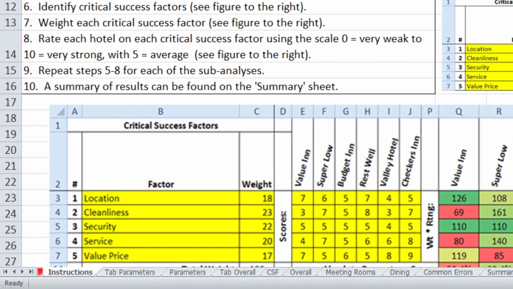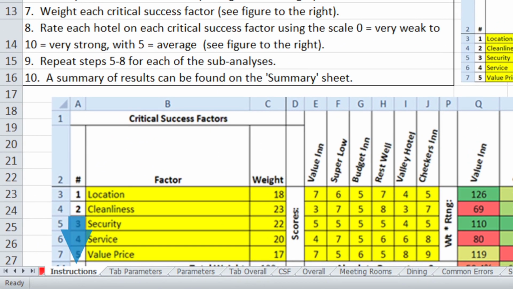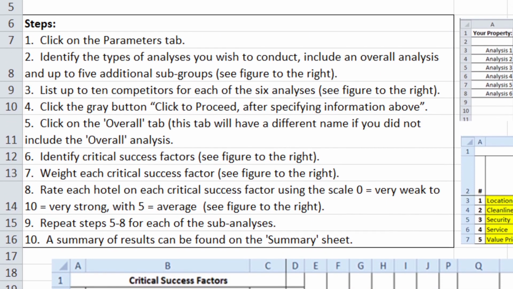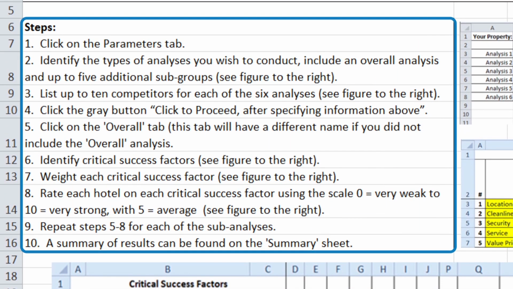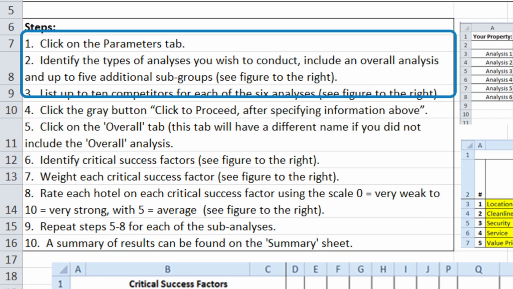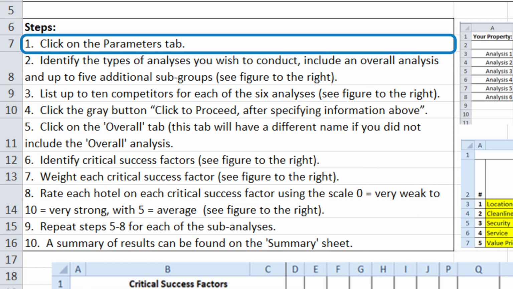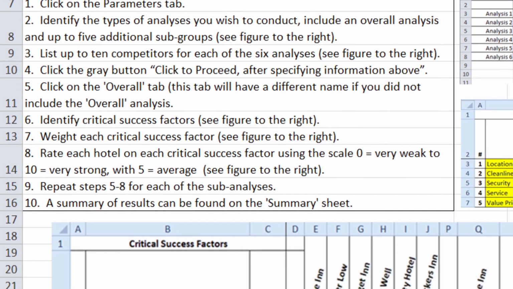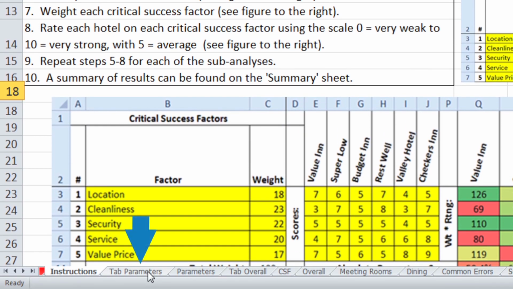The first tab shows us the instructions. It gives us 10 steps, but don't be fooled, it's really not that complex. We begin by first identifying our competitors. That would be on the Parameters tab. If we go to the Parameters tab,